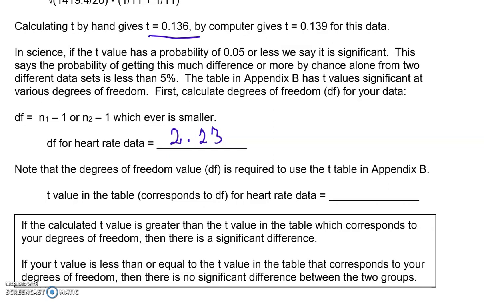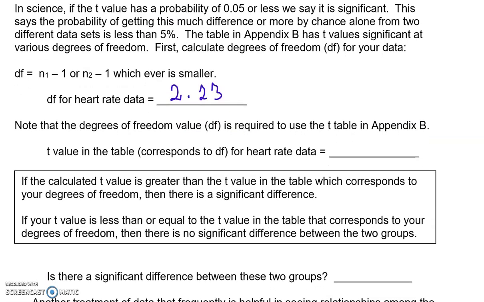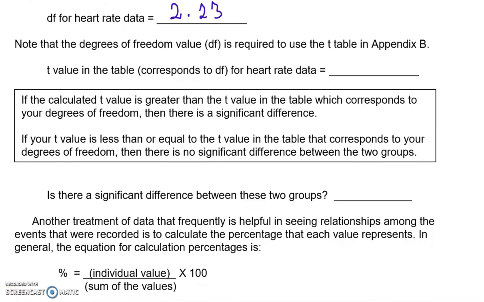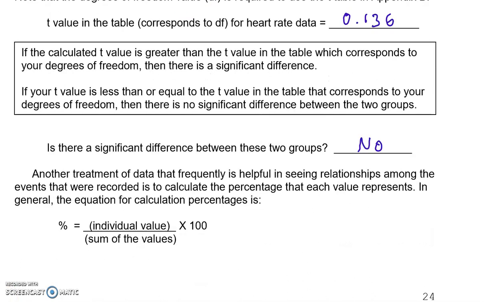Now we just have to take a look at whether our calculated t is smaller or bigger than the cutoff value. And we find that 0.136 is definitely smaller than 2.23. And so then we're going to put this into our data table and find that there is no significant difference